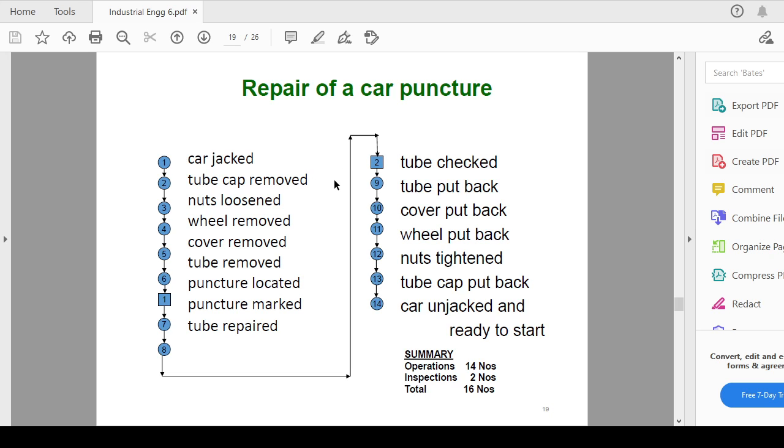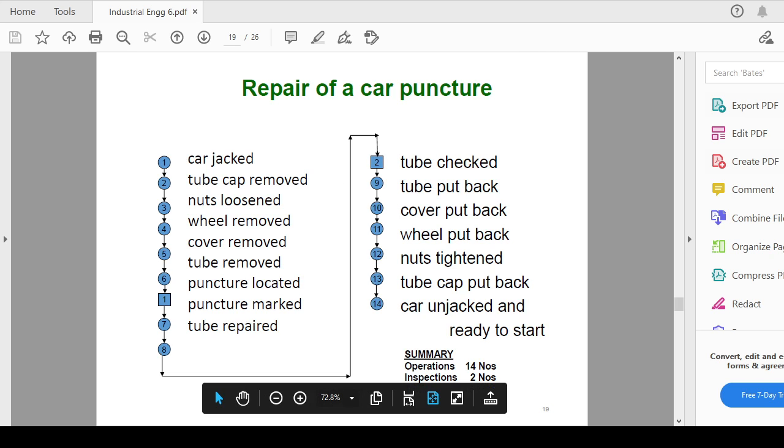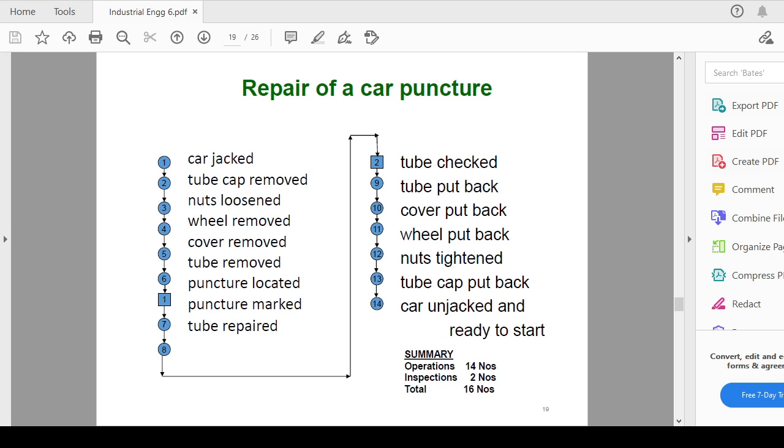Okay, with the help of that, we will also come up with the next topic, where we will discuss another example of the same thing, so that you can understand how to develop such an operation process chart. Write down the steps and match them with the steps you wrote on your pen and paper, so that if there are any corrections, you can change them or adjust accordingly. Maybe you find one or two more steps or one or two fewer, but that is not a hurdle. You can understand the philosophy of developing the operation process chart.